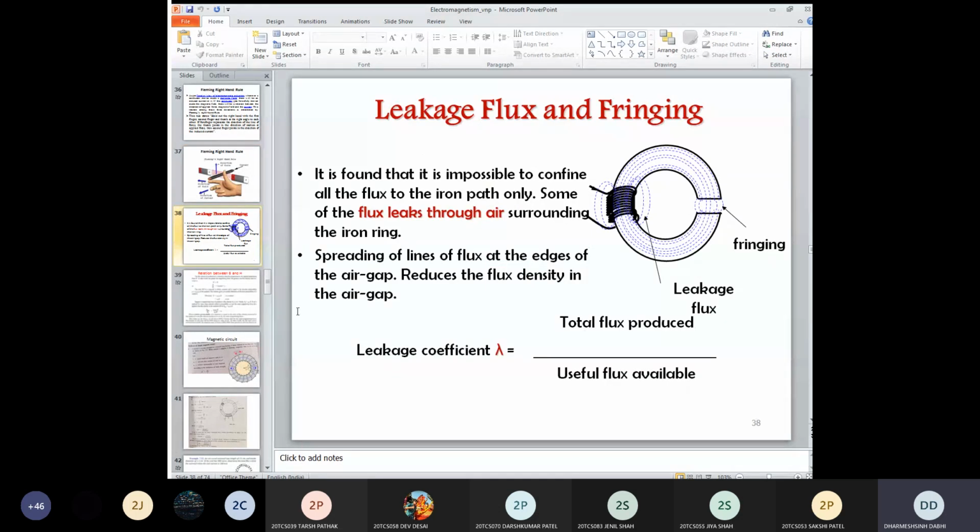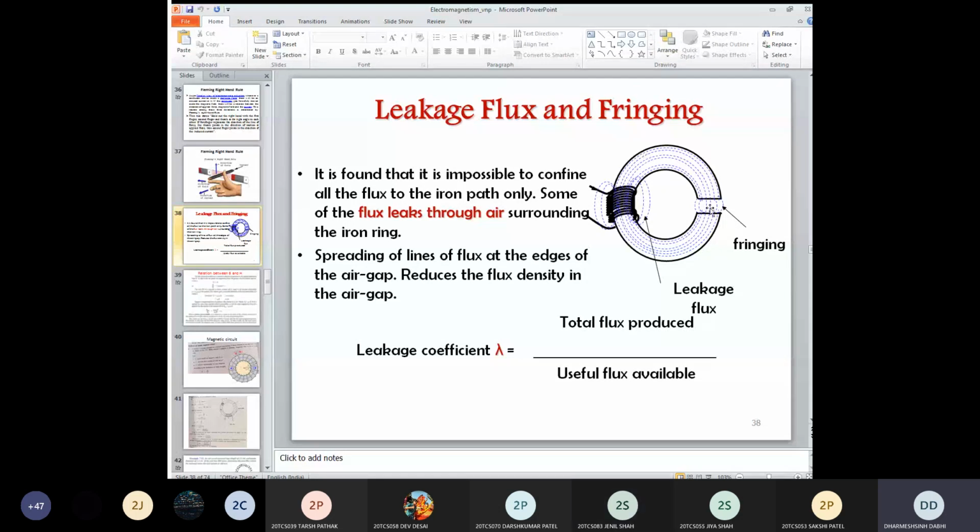Clear? So you can see here in the figure, there is one solenoid around which we wound the coil and pass the current through the coil. In this iron material, in this solenoid, flux lines are set up. You can see this dotted line in this circular form. That is a flux line, but some of the flux, you can see, surrounds the coil and is passing through the air. Clear? It means that not all the flux is set up within this iron material.